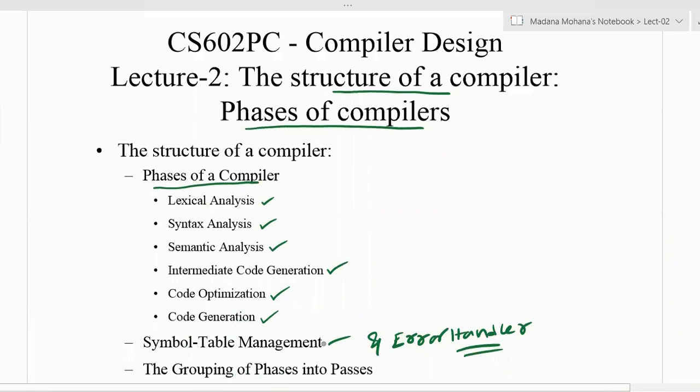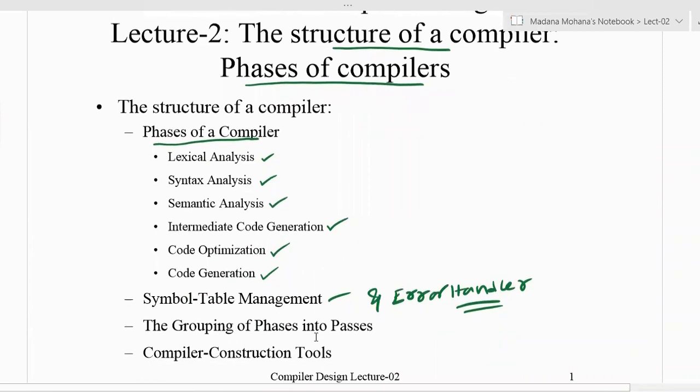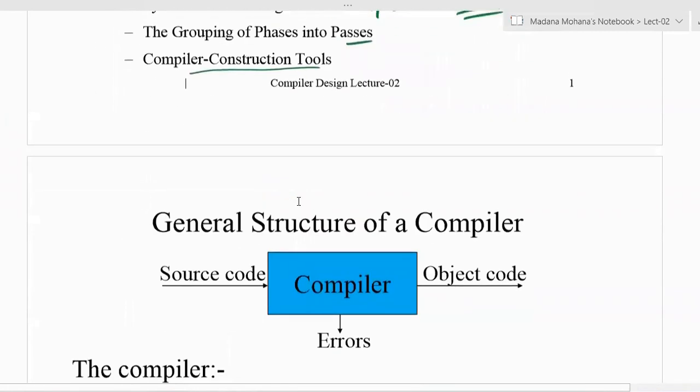Then finally, how to group phases into passes. The 6 phases can be divided into some sub-modules, which are called passes. Then finally, some compiler construction tools, which are used to implement the phases of compilers. So this is the outline of today's lecture.